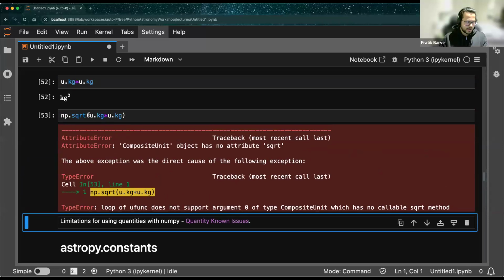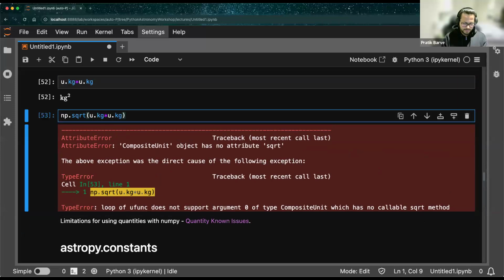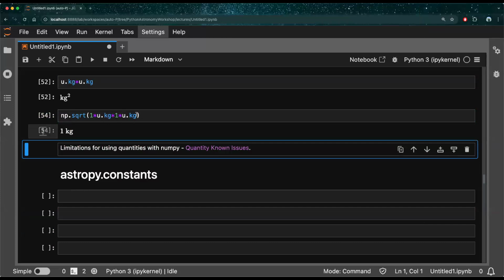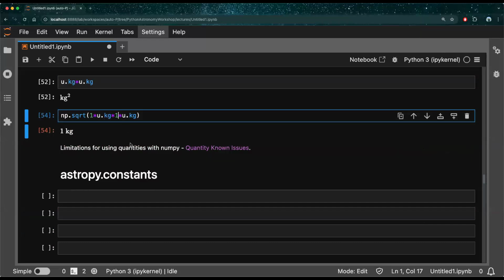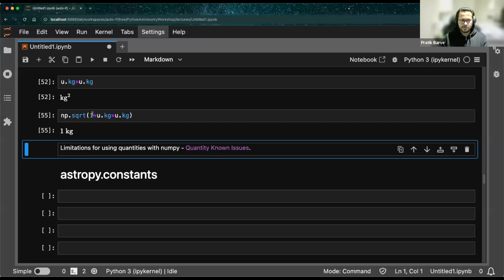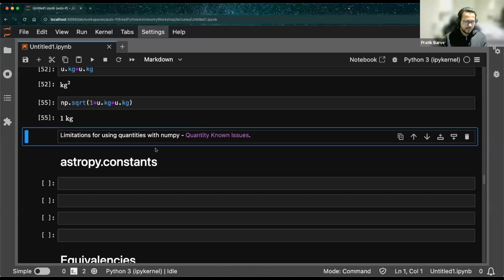Okay, so it has to have some value. So square root will actually also act on the units. Is the double one required? Double one may not be required. Correct. Okay, so